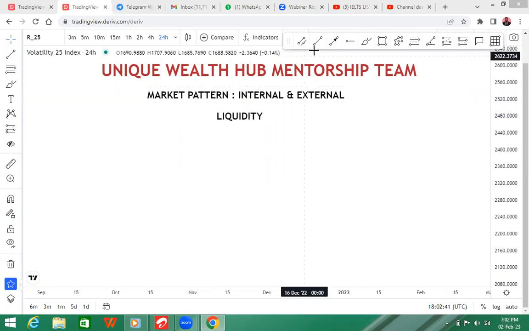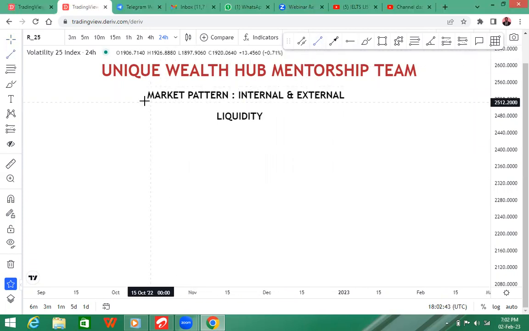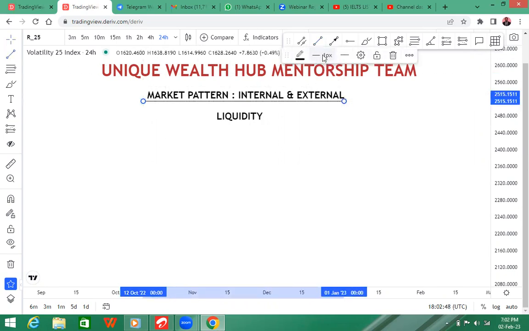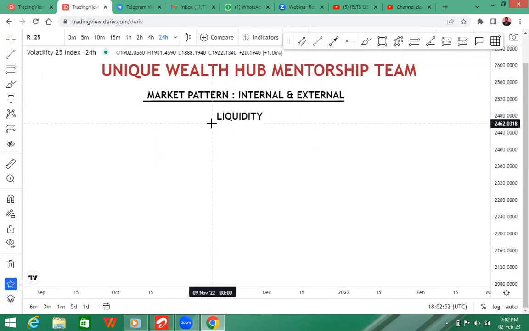So now to be looking at market pattern, and I want to dwell on internal and external liquidity. This is very important because